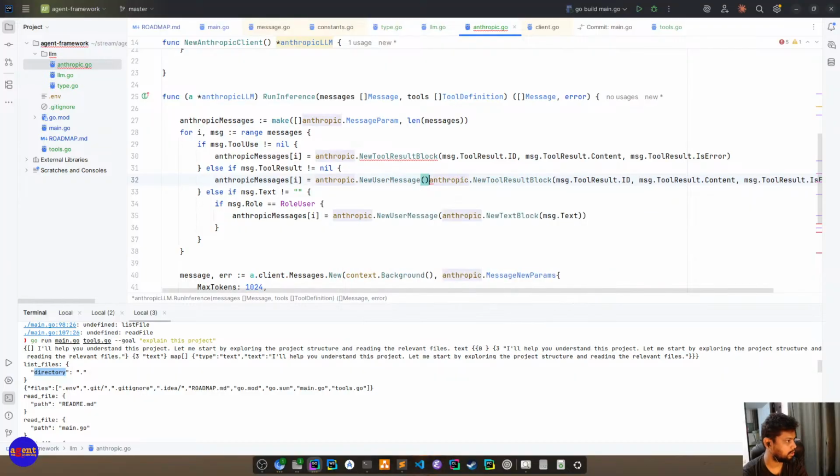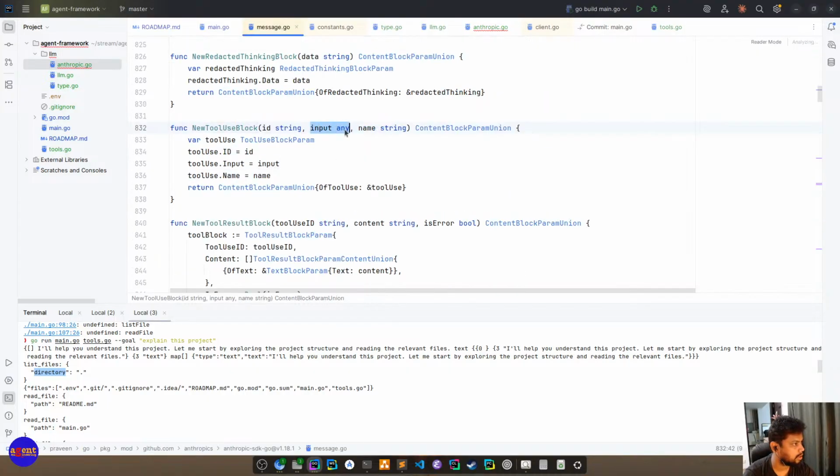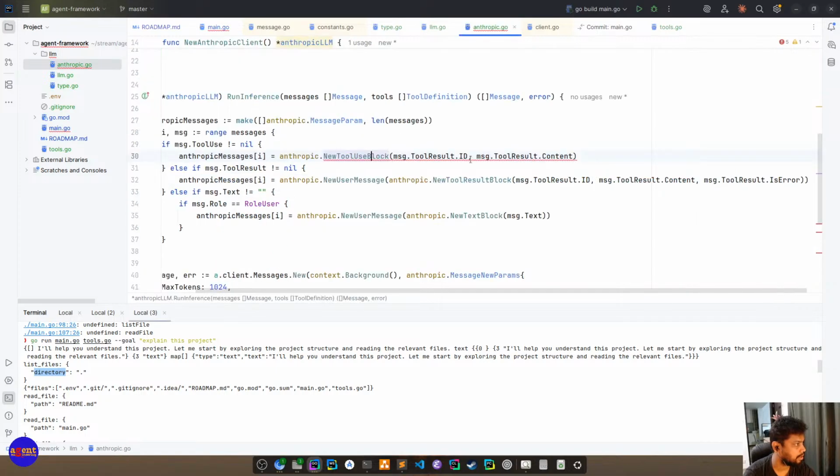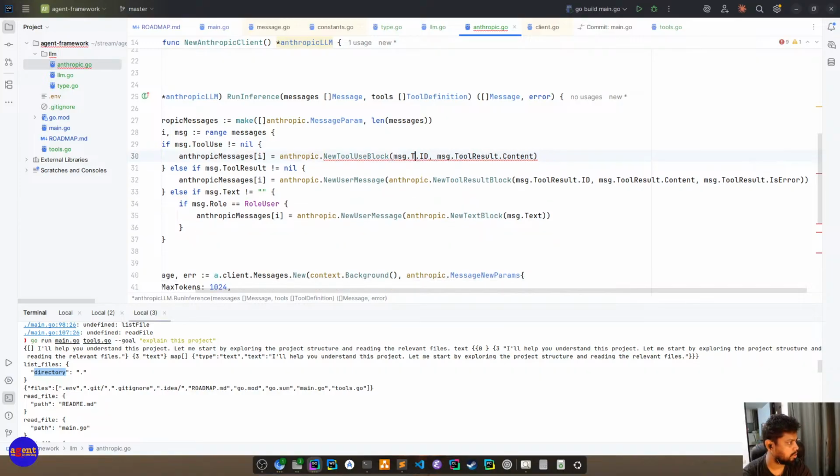So result is part of user. Tool use is part of, what else? Put any name. Tool use ID.